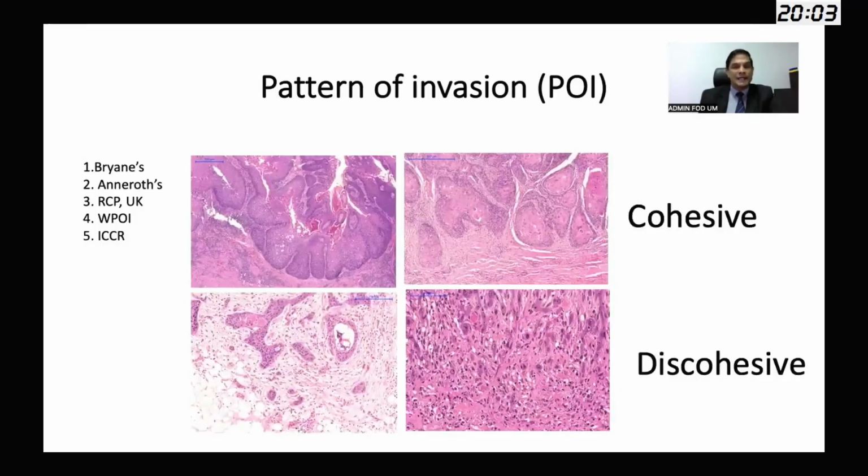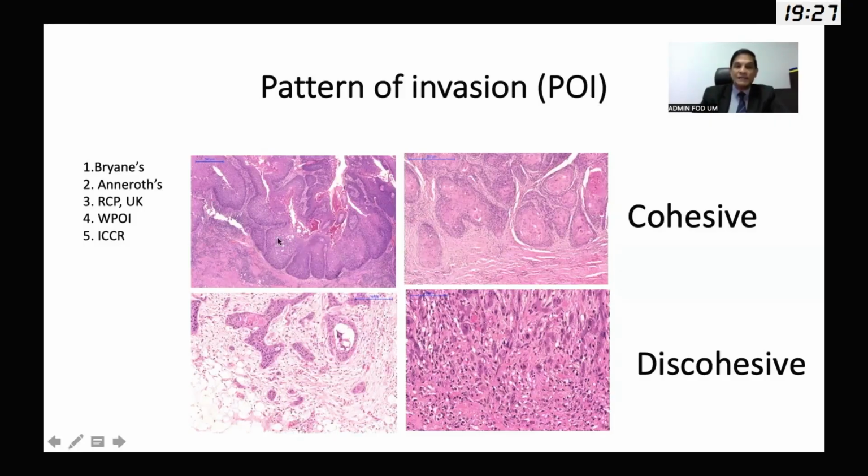Pattern of invasion, again, is a very important histopathological parameter. Right? Various pattern of invasion classifications have come in, but we advise you to use the ICCR, that is the International Collaboration on Cancer Reporting. We did a couple of revisions now to the ICCR classification. It is free of charge. If you go to the ICCR website, you can get the whole dataset, and please try to record all the data according to the dataset. Then you have a very good database to analyze your results and to look at various parameters, how important and effective they are, etc.